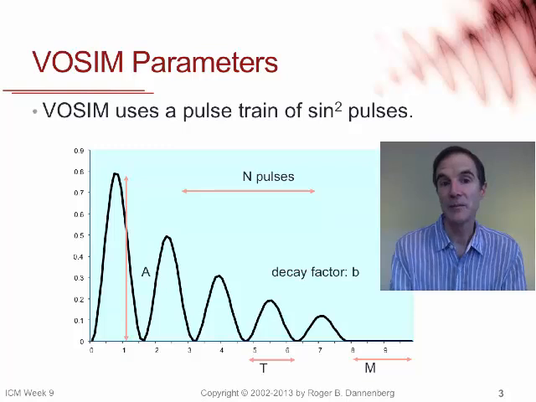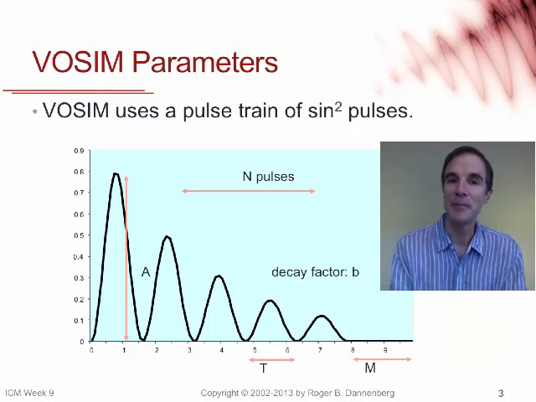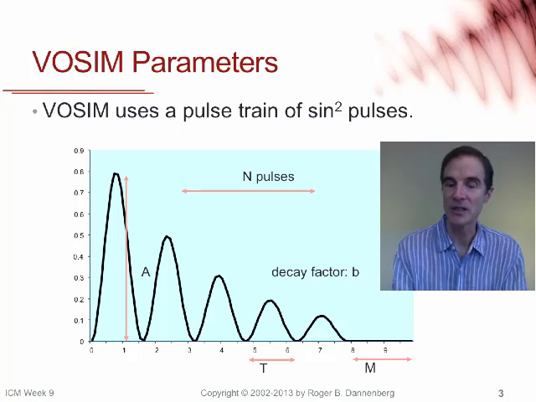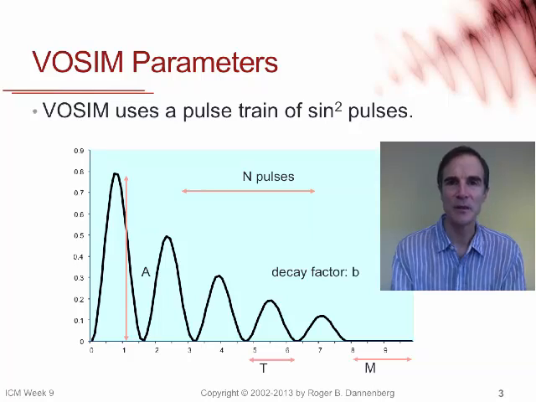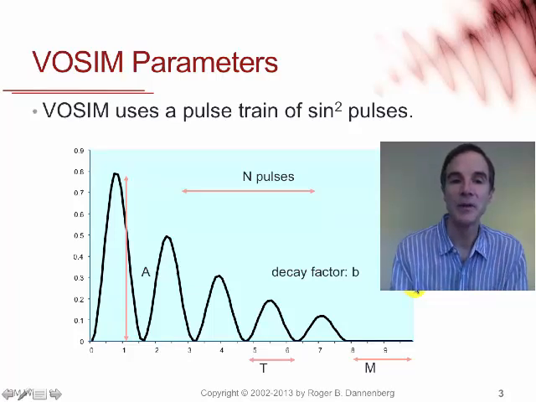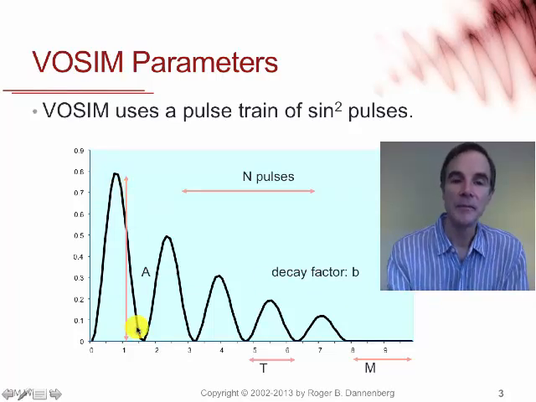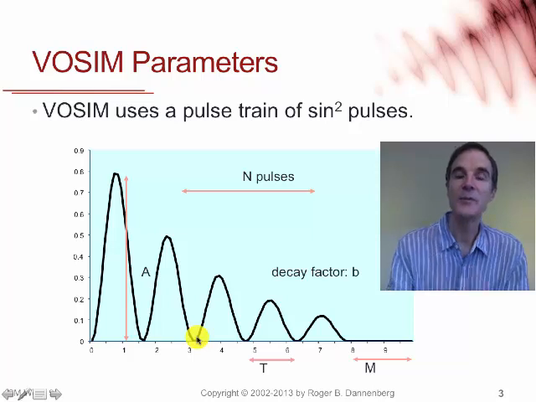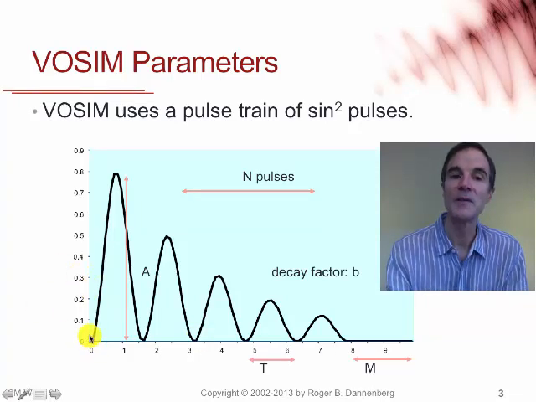In true Vosim, we don't use a damped sinusoid. We use a pulse train of sine squared pulses that diminish in amplitude. I believe that this was done for some computational efficiency and numerical reasons, but the graph here shows what one period of Vosim looks like. These pulses here are formed by squaring a sinusoid, and so you notice that they're all above zero, which is